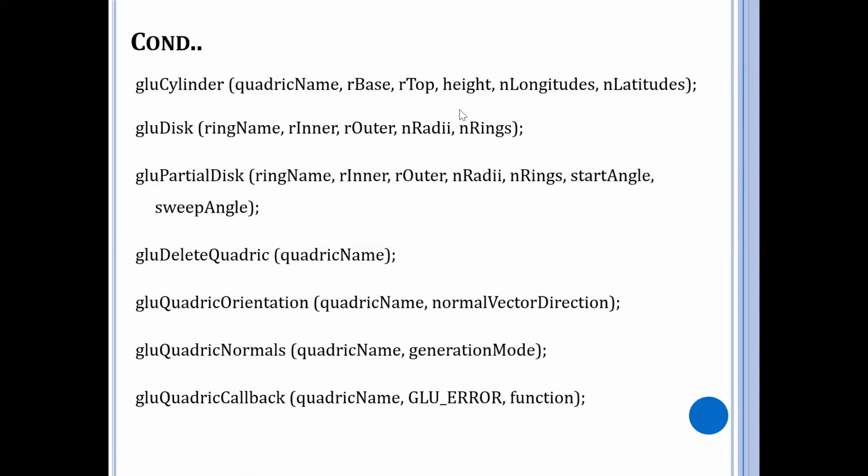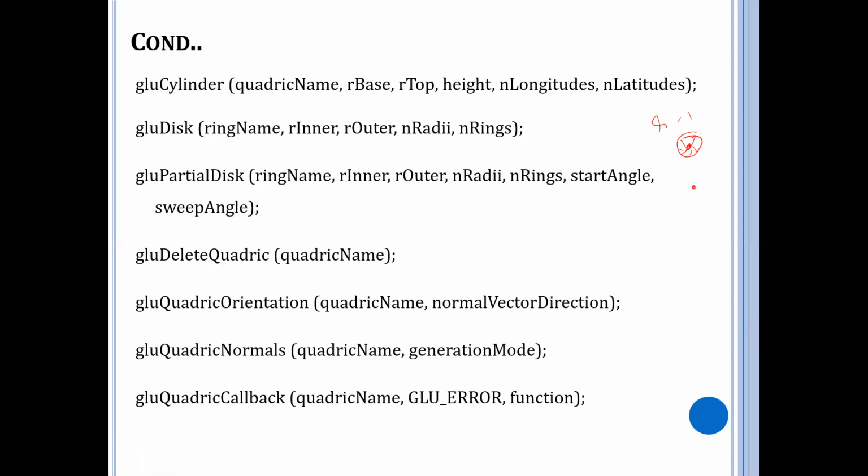If R top is equal to 0.0, we get a cone. For example, if I set a value of R equal to 1, then I would have the center here, and from here a distance of 1 would generate the top base for us. But if it is set to 0, it just remains as a single point. So that way, a cone is generated for us.